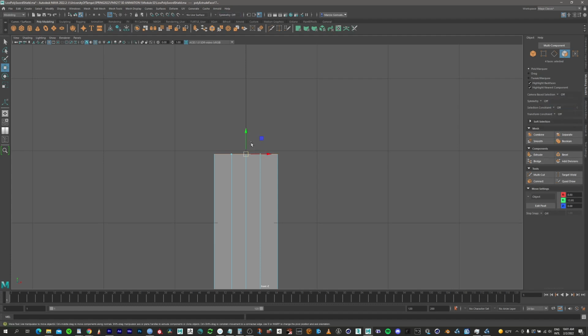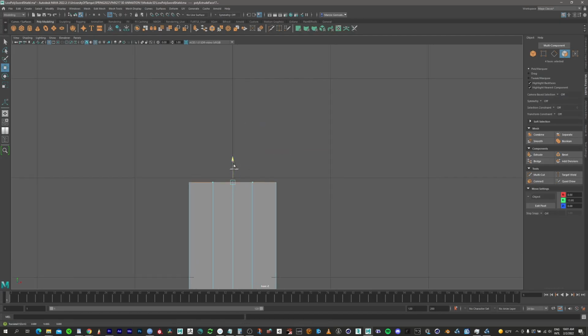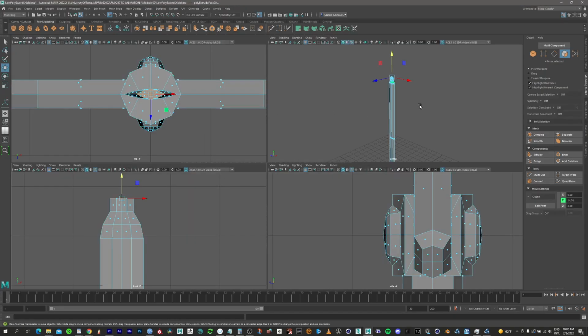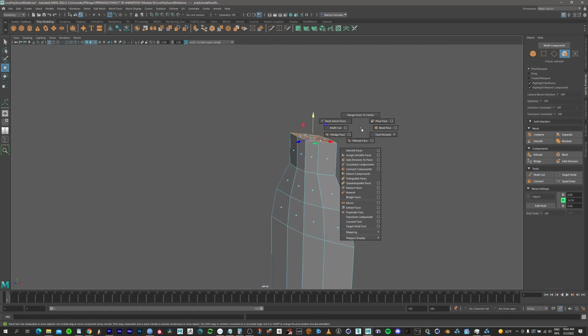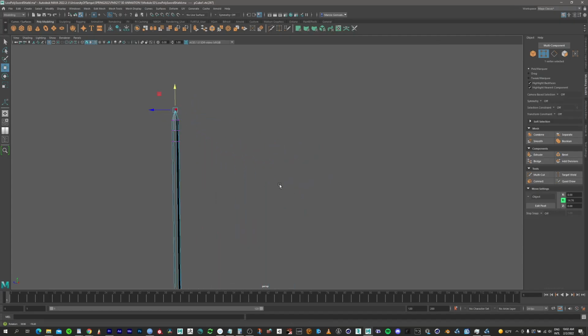I'm gonna turn off because I need to use the scale and to be proportional in the middle. So I'm gonna extrude this here and scale this. Extrude one more. Scale like this. Extrude one more. And now to make the little point here, I can just collapse everything. Shift, right click, and we can merge faces to center. Boom. We get a little pointy